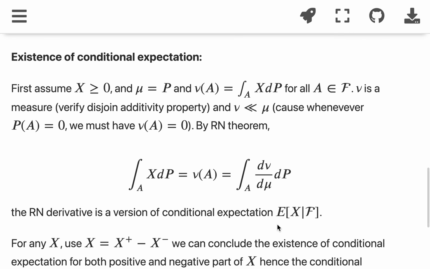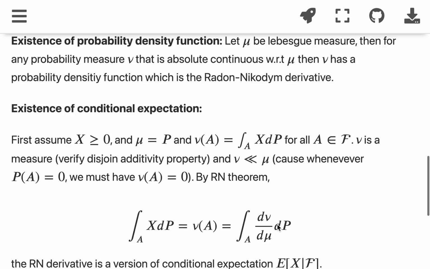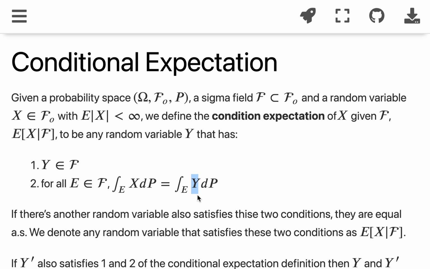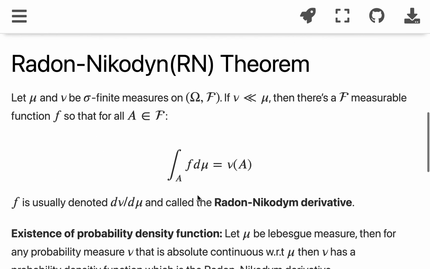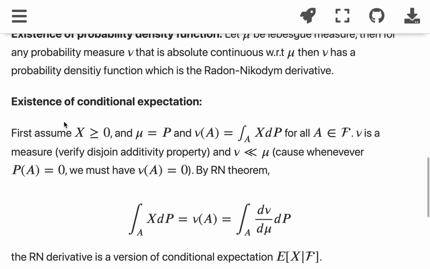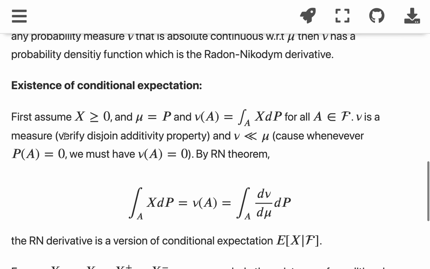The next one is existence of conditional expectation. That we haven't proved, so this is what we want to prove here. How do we know that the conditional expectation random variable y exists? There is such a thing, how do we know? And that is also proved by the Radon-Nikodym Theorem. So the proof is very easy as well.